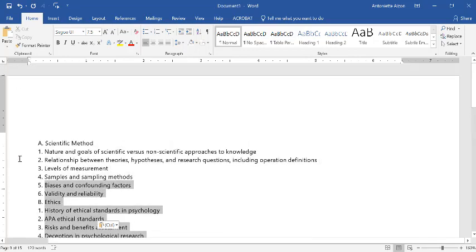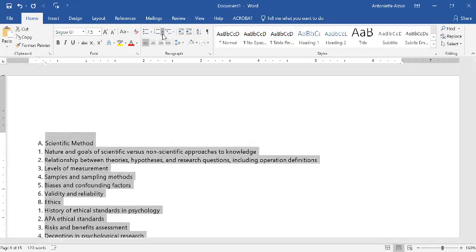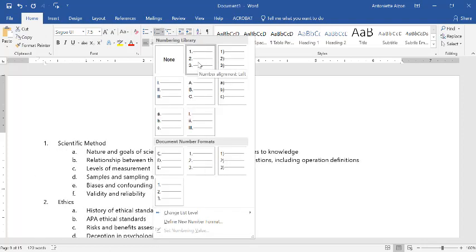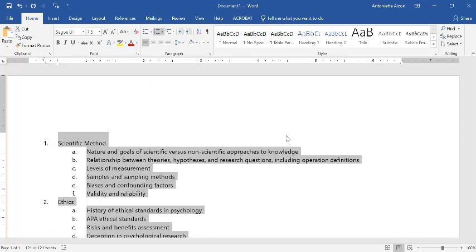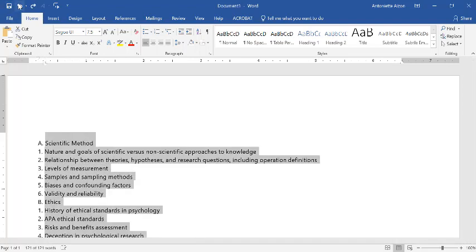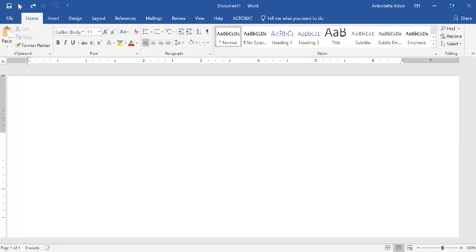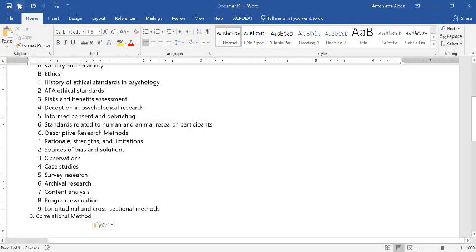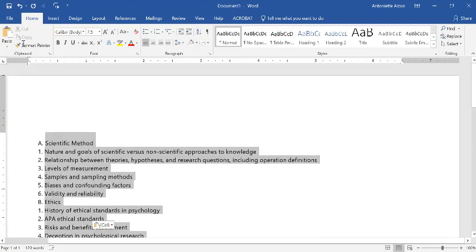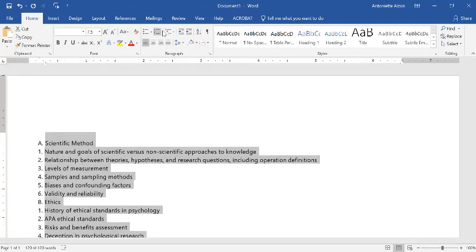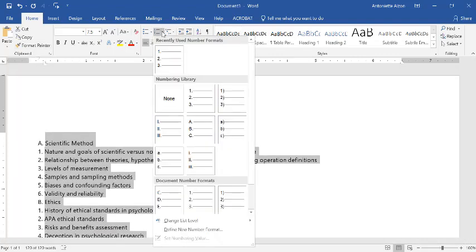So I'm highlighting it. It's Illumin. So I copied and pasted. I'm going to do an undo. I copied and pasted my outline to a new Word file. I am going to highlight, and then I'm going to hit my numbering, and then numbering, it's the 1